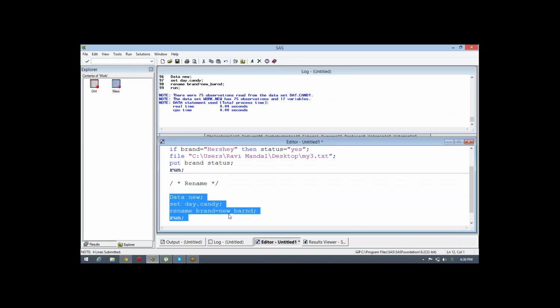Or in this case, you can also apply rename like this.